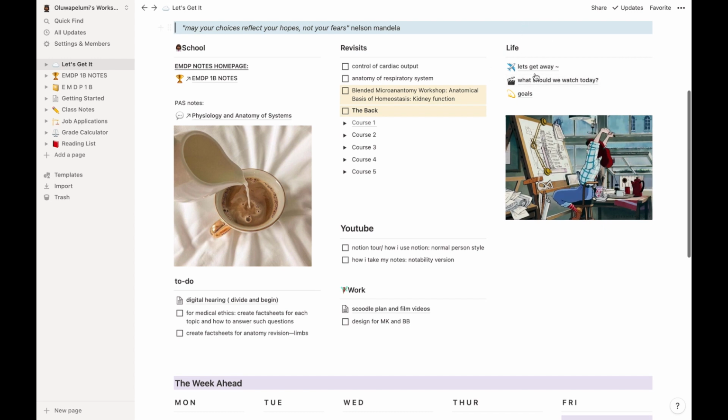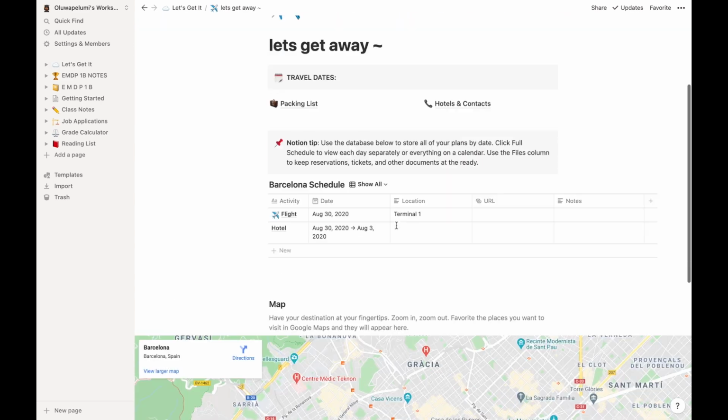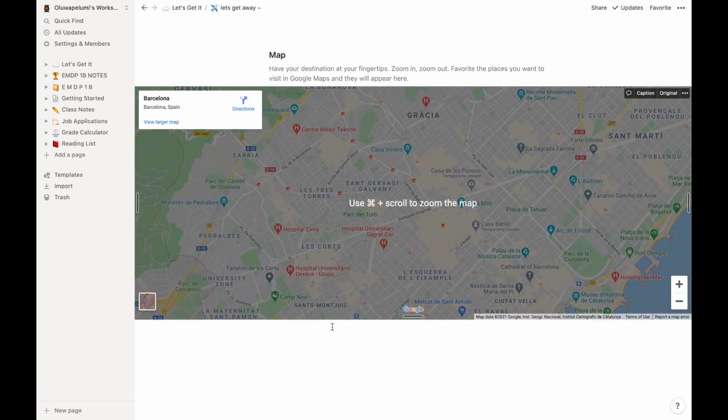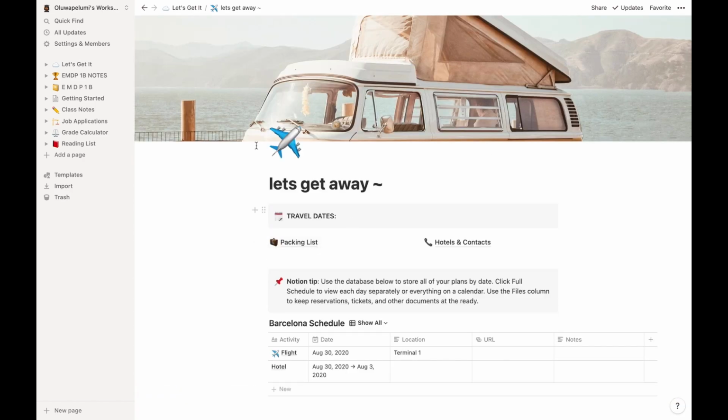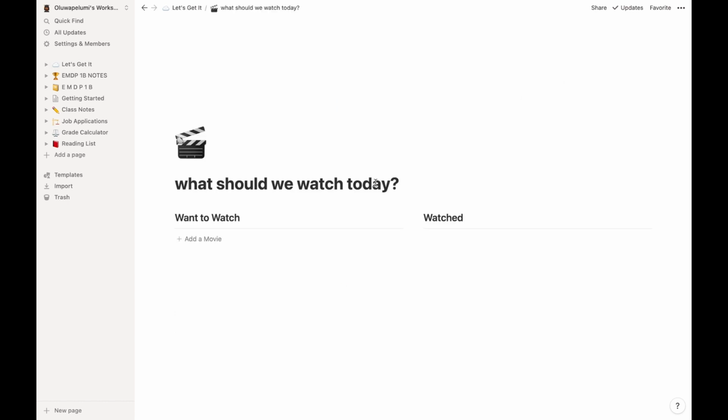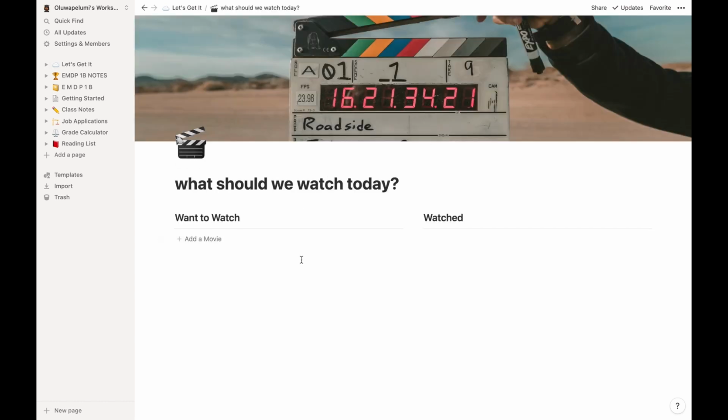This column actually came with a template, and I'm telling you guys, I have never used this column. I will show you guys what it looks like anyways. It's just for traveling. I have never used this. Yeah, I don't have a plan for using this. I don't travel. I do want to travel more, but it doesn't seem like it's happening anytime soon. This is like a movie watch list. I generally don't think I need to use Notion for that.